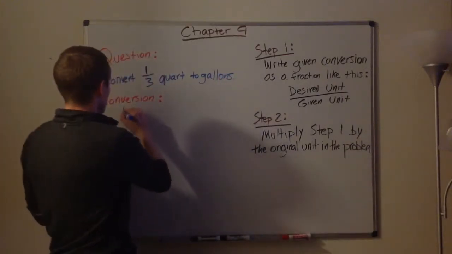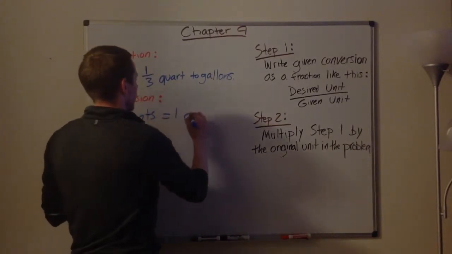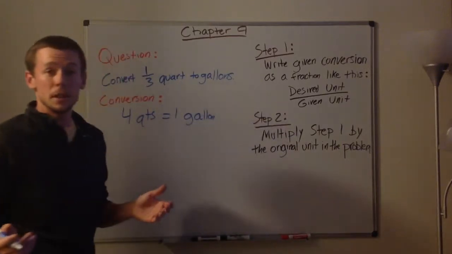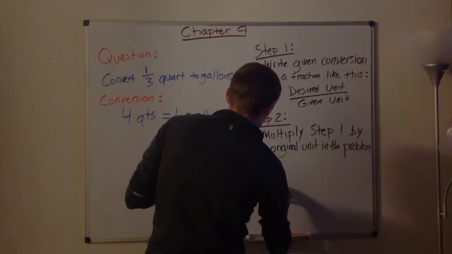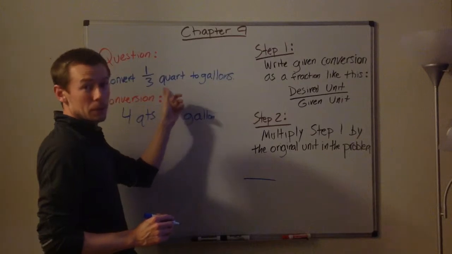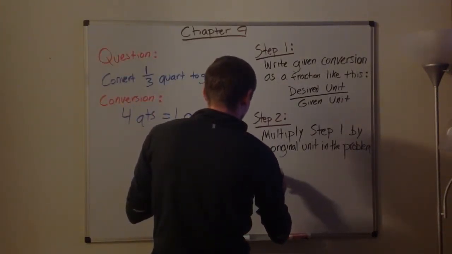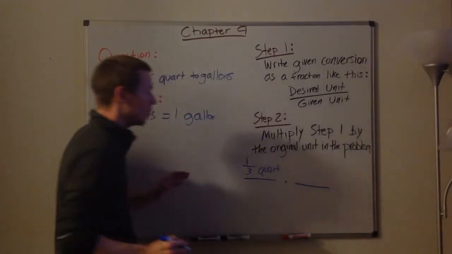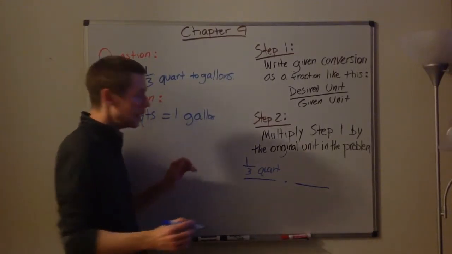And the conversion is 4 quarts equals 1 gallon. So the first thing I'm starting with, my original unit in the problem, is 1/3 of a quart. And then I'm going to multiply it by the conversion, knowing that I need to cancel